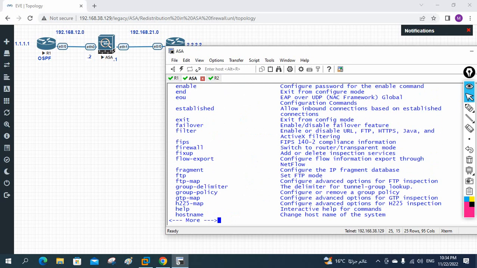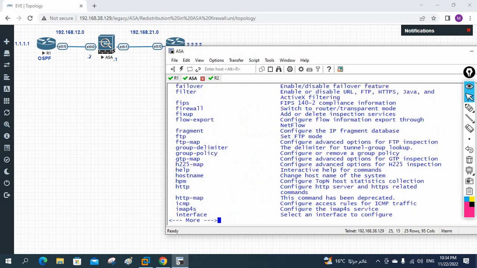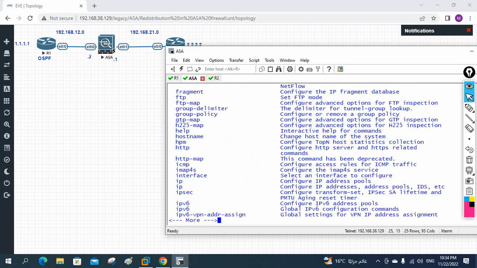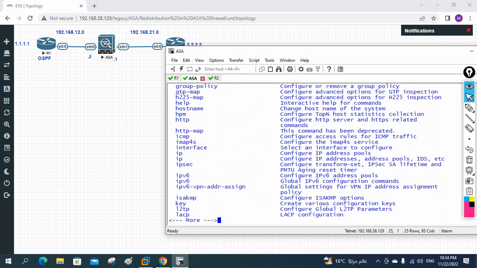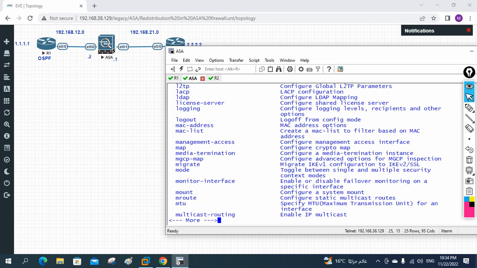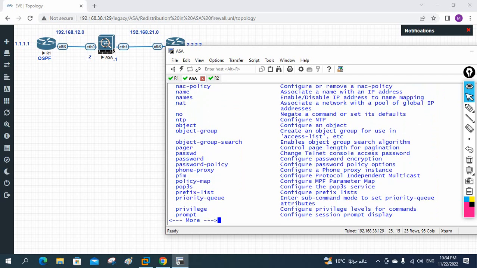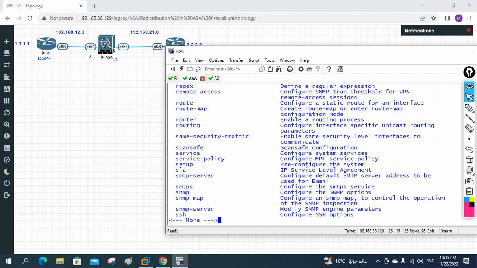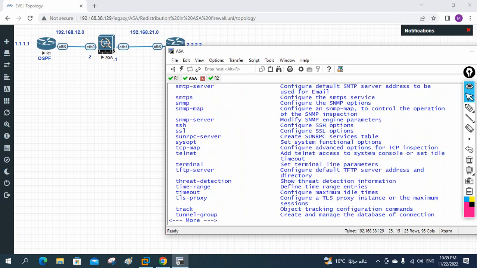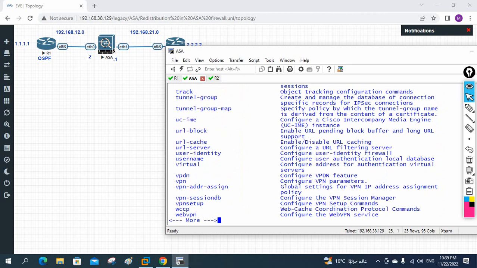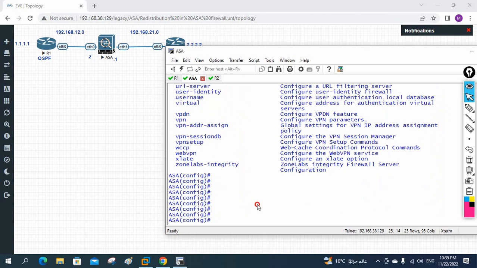There is ip icmp. In our previous class we did that one, but now I do not remember. There is one command, ip something, we need to write. Let me check. Yes, now I remember what we need to write: fixup